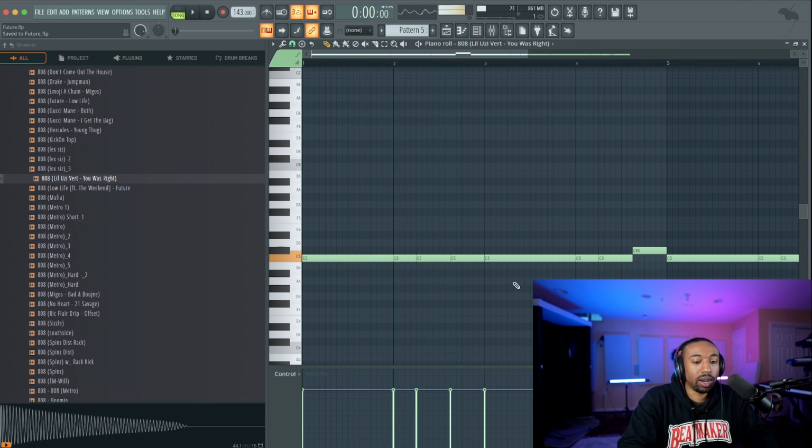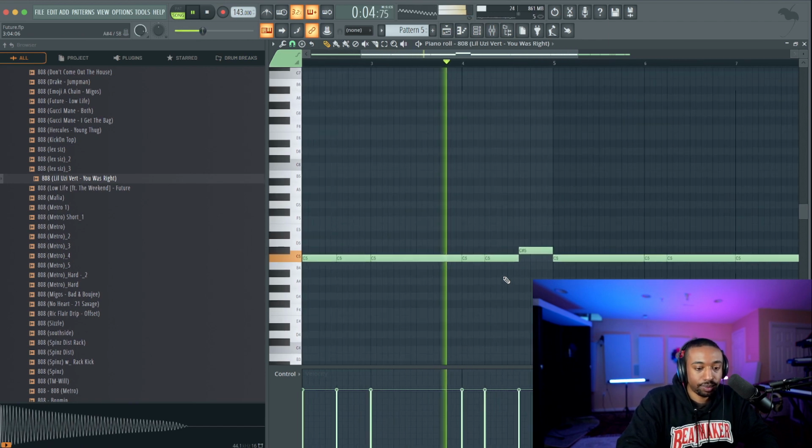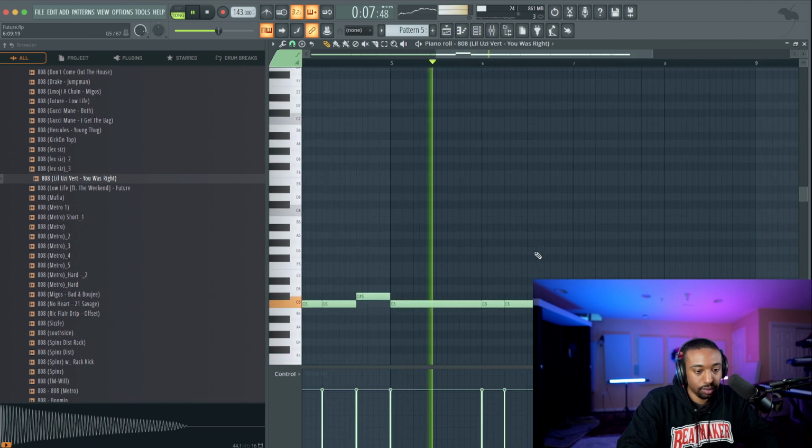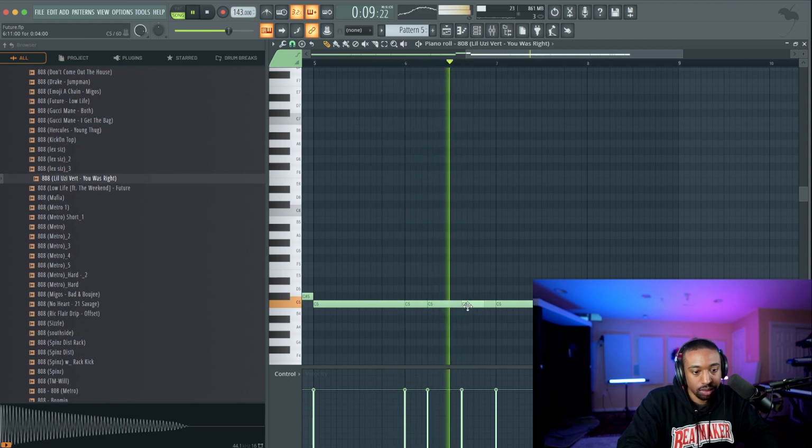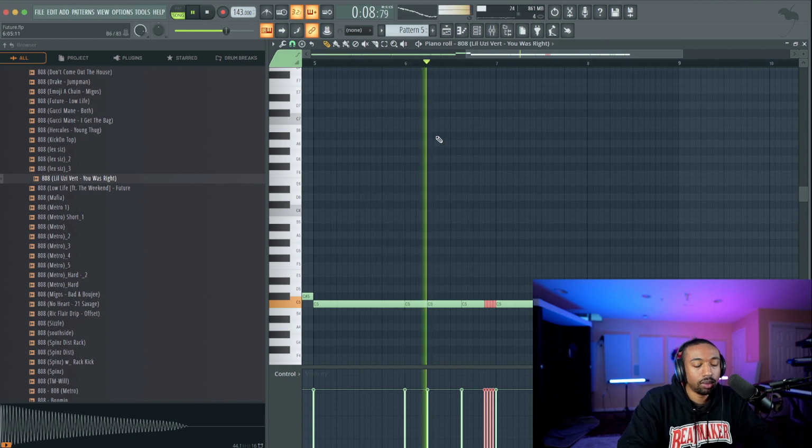But the gist is, whenever you put something on the ands, like 1 and 2 and 3 and 4 and 5 and 6 and 7, whenever you put it on the ands, it adds a bounce. Right here needs a little something. I'm just gonna add a glitch right here, Alt U, and then we're gonna right click and fade the volume.